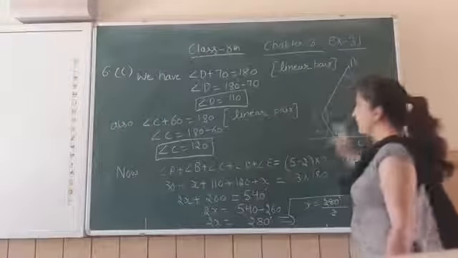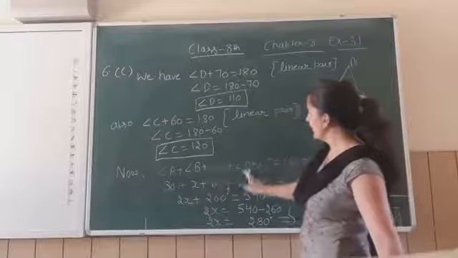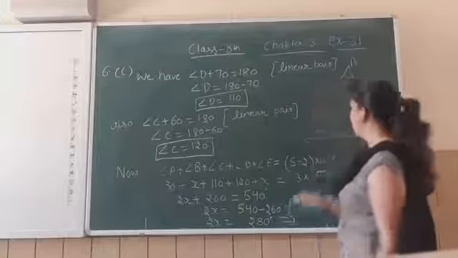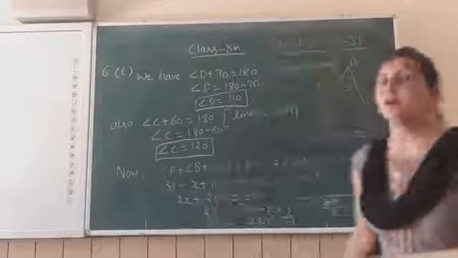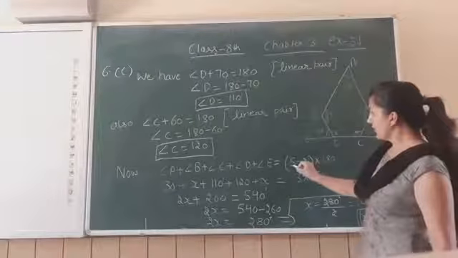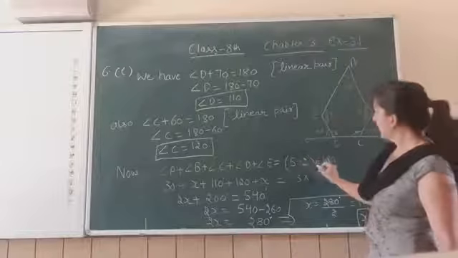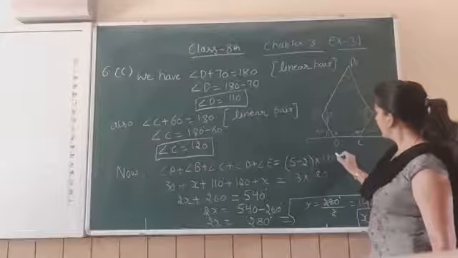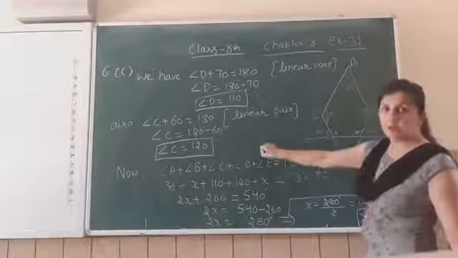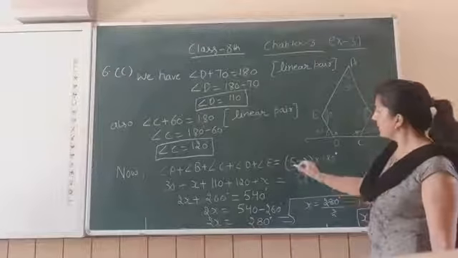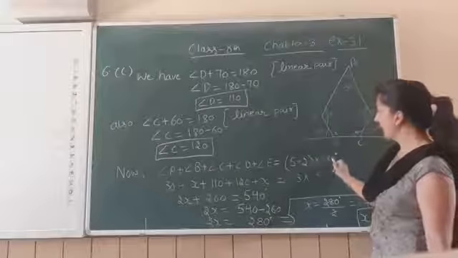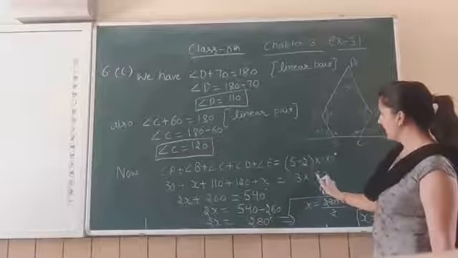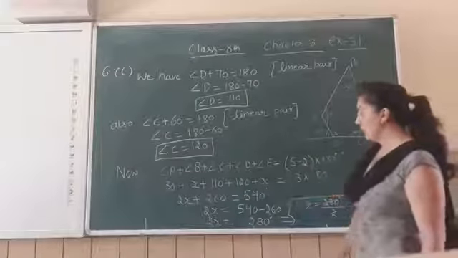Now the sum, angle A plus B plus angle C plus angle D plus angle E is equal to, we have derived a formula in our question number 4: number of sides minus 2, multiply 180 degree, will be equal to the sum of the angles. Number of sides here: 1, 2, 3, 4, 5. 5 minus 2, multiply 180. So 3 multiply 180, we get 540.